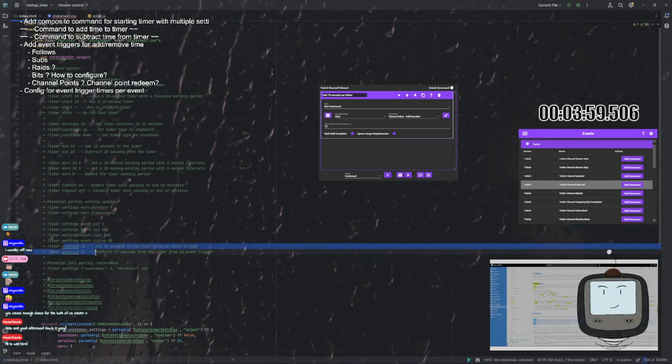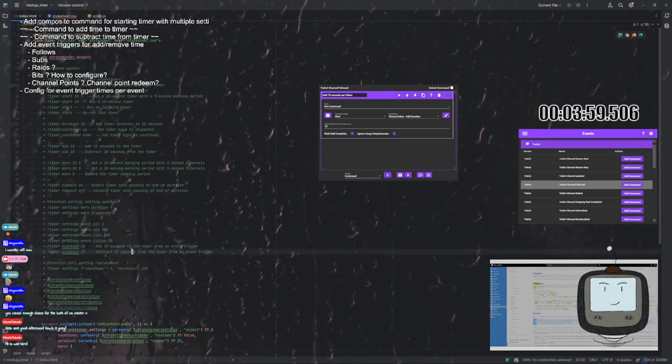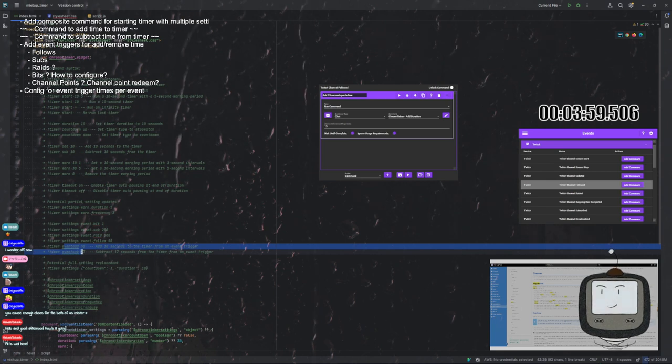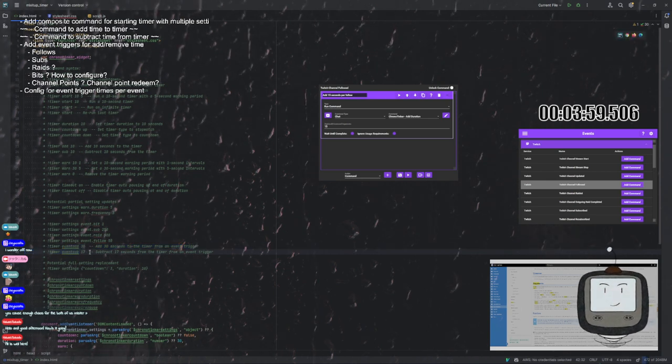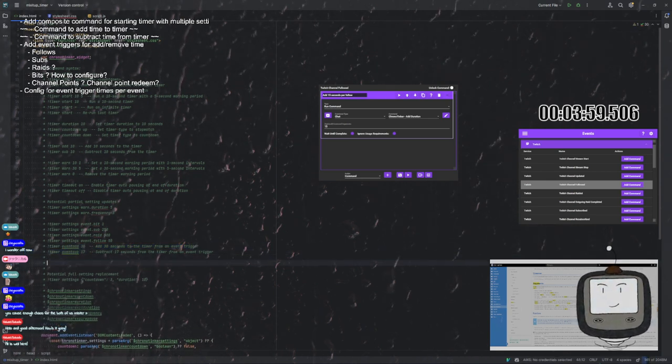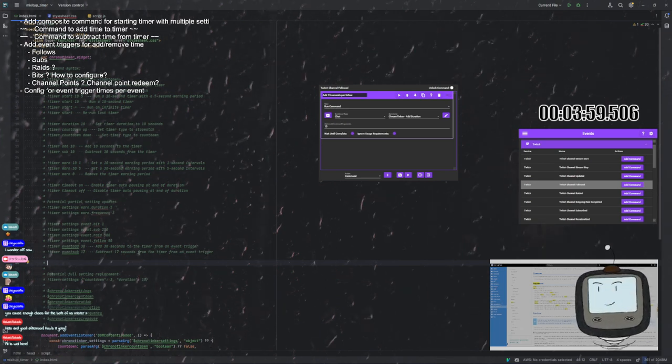So what we want right now is an event add and event sub that are limited. So what we need to make that limited is some way to identify